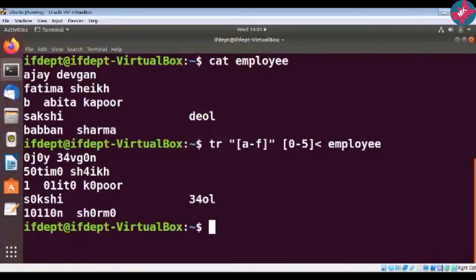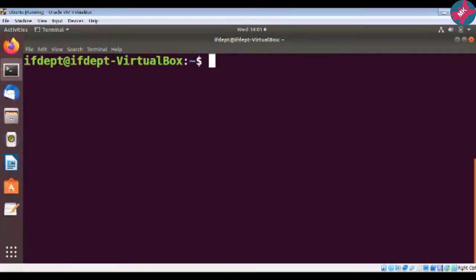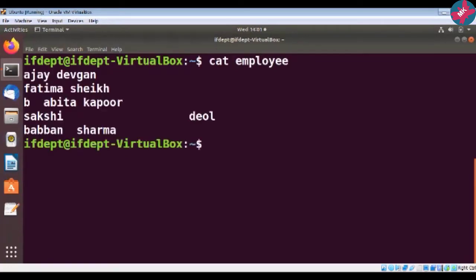Now suppose, again let us clear this. Now observe this file once again. What is seen here? This is Babita actually. But what I have done is that I have put some space here. Then after Sakshi also I have put a lot of space here. And after Baban I have put some space here. Then if you observe the spelling, in Baban I have deliberately written the B twice.